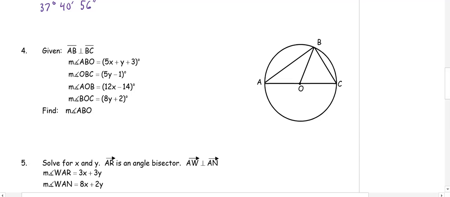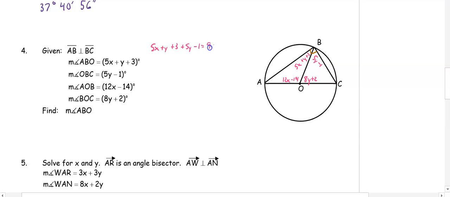Number 4, we're given that angle ABO is 5x plus y plus 3. OBC is 5y minus 1. AOB is 12x minus 14. And BOC is 8y plus 2. So we also know that AB is perpendicular to BC, and the two angles at the bottom are forming a straight line. So when we try to write our equations, the first two, 5x plus y plus 3 plus 5y